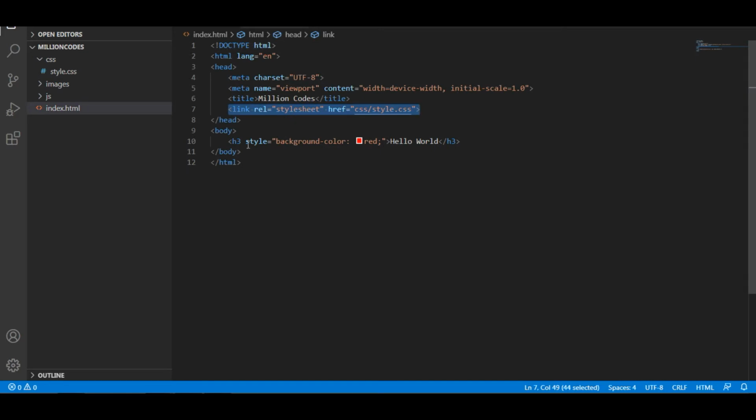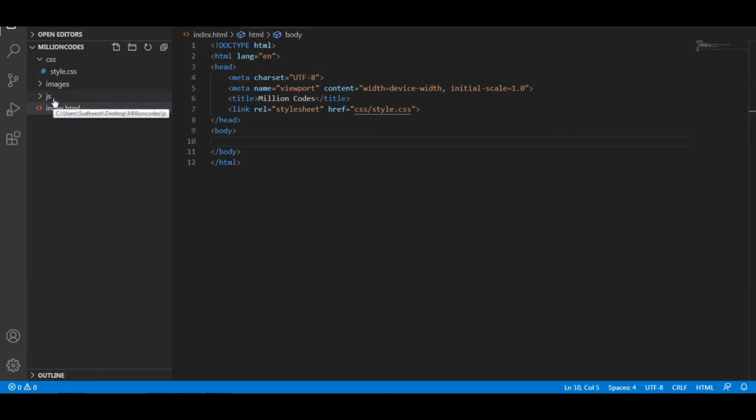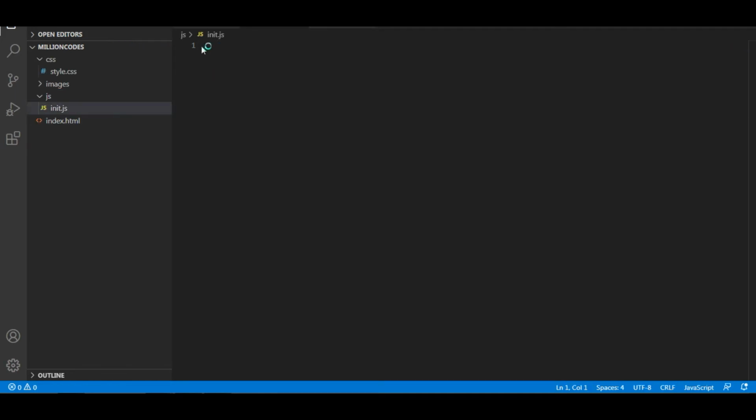So I am going to remove this. I don't need the H3 anymore. Okay, so we have set up the HTML and the CSS. For doing anything in JavaScript, you have to create a JavaScript file and link it to the application. So I am going to create an init.js file here.